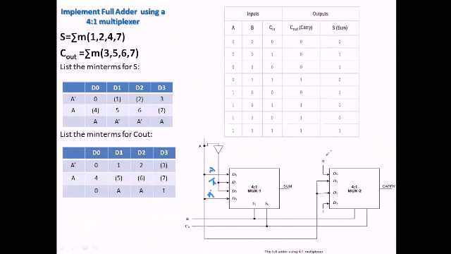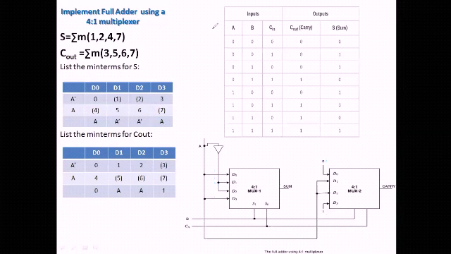Note here that if you are connecting 0 to ground, that is GND, or if you are connecting 1 to plus 5 volt, both are right. Either you give 0 or 1, or you connect to ground or plus 5 volt. Both are correct. I hope this circuit is clear to all of you.